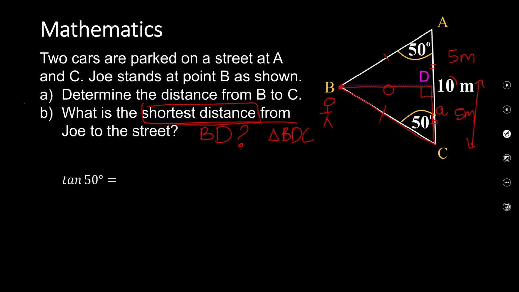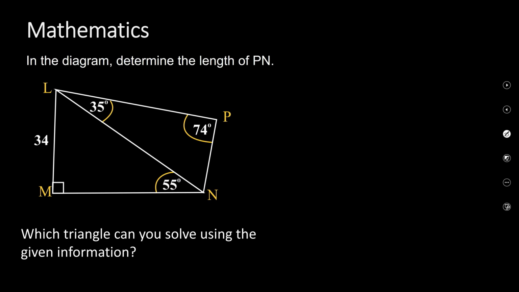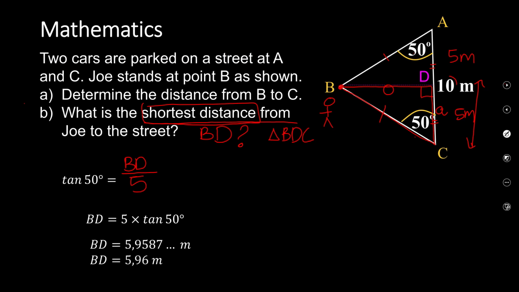So if we say tan of 50 will equal BD all over, so opposite over adjacent, and our adjacent one was 5 meters. So we just got to rearrange this. In other words, BD will equal 5 times tan of 50. Plug that into our calculator, and we're going to get an answer of